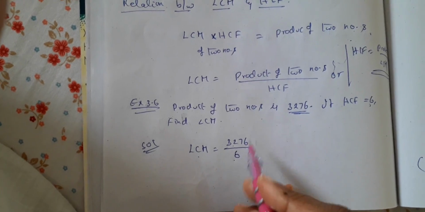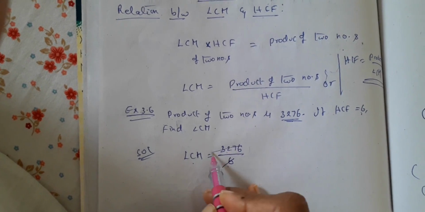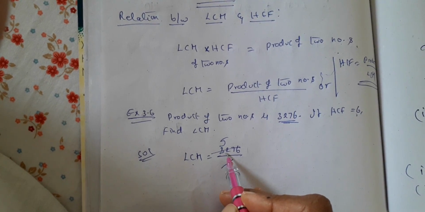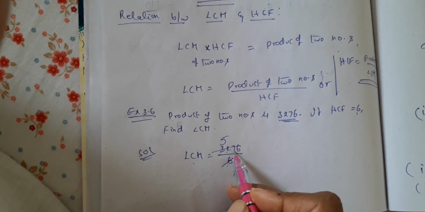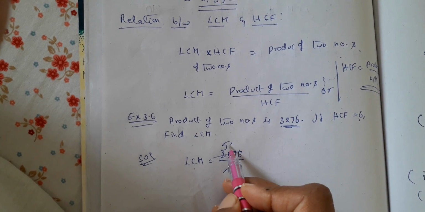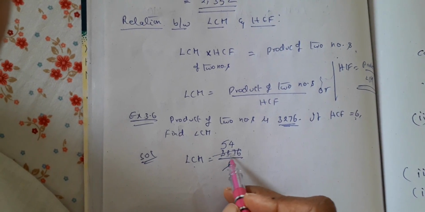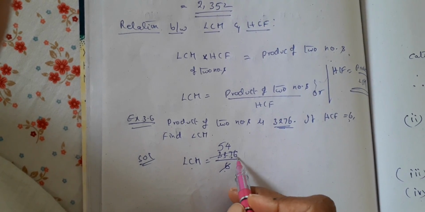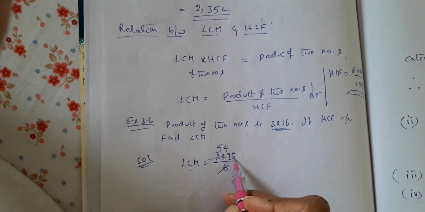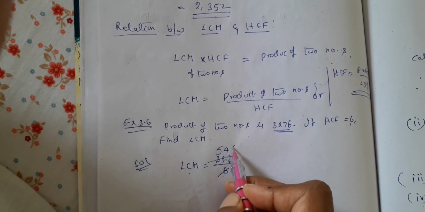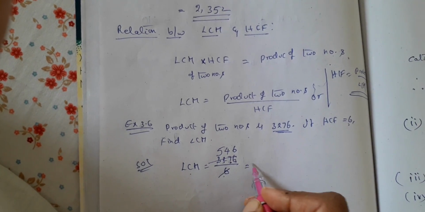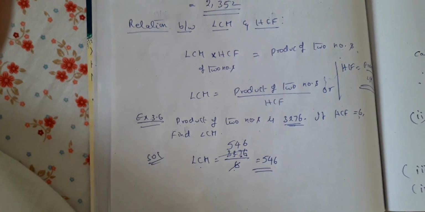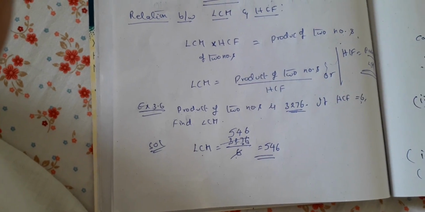So now I am going by the short division method here. 6 5s are 30. Out of 32, what is the remainder? 2 is the remainder. Now 27. So 6 4s are 24. Out of 27, if it is 24, 3 is the remainder. 3 and then 6, 36. 6 6s are 36. So this is how you have to learn. You need to practice this method, children. Now you are in 6th standard. You are supposed to do it like this.